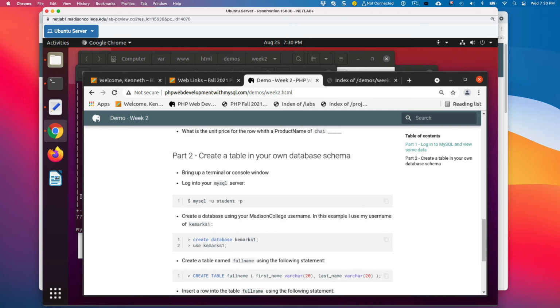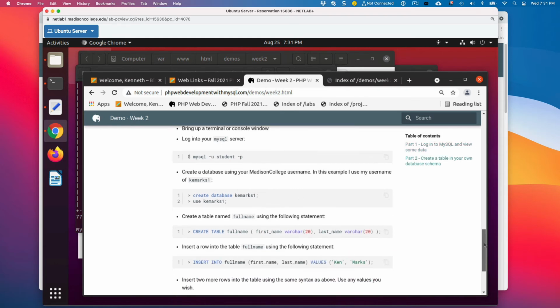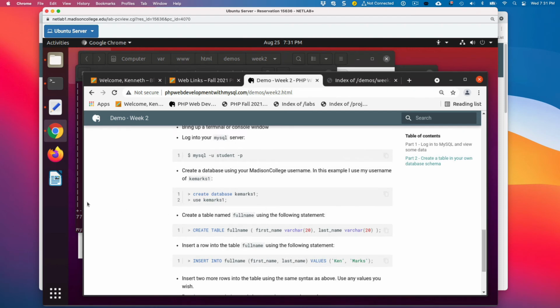Well, we can stay in the MySQL command line tool, but we're going to create a database. Let me scroll up here. I want you to create a database using your Madison College user email username. Okay, so my email name is kemarks1. Yours is going to be different.